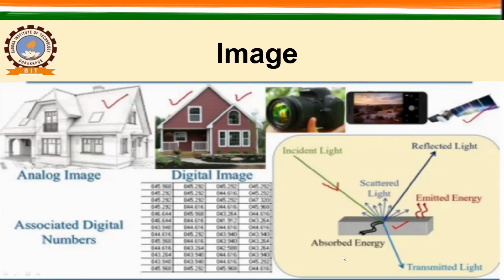In the last lectures, I covered what we mean by image. So here there are two images, right? Here you can see the two images. The left hand side image, which is this one, is an analog image, whereas the right hand side is a digital image. So the left one is an analog image and the right hand side is the digital image.